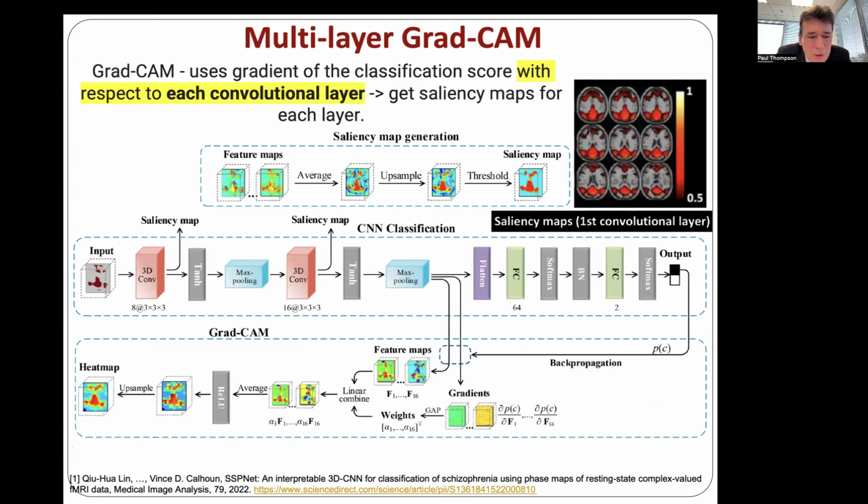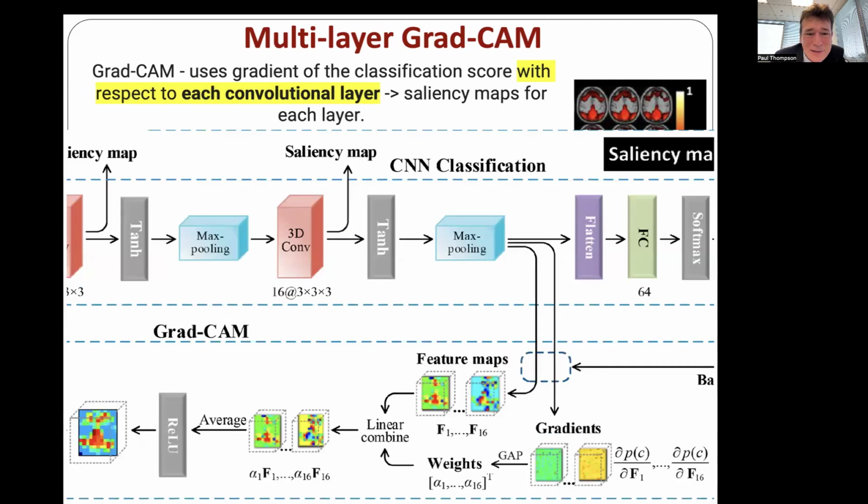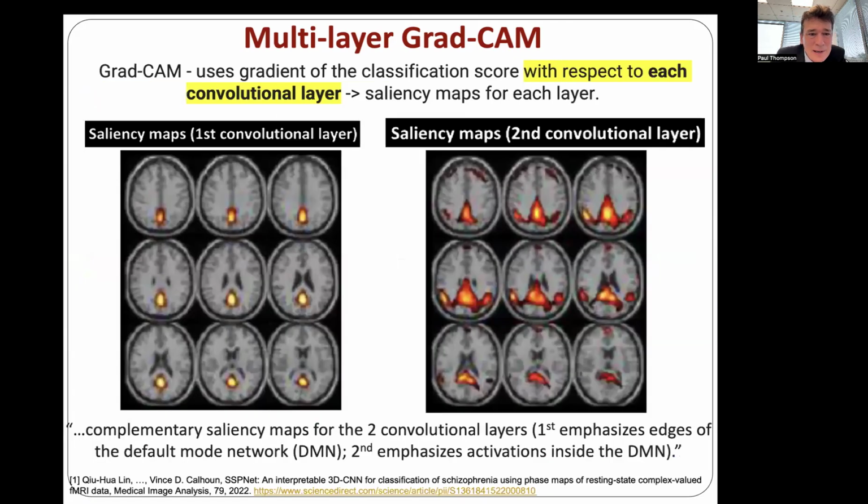Now, this paper by Qiuhua Lin and Vince Calhoun applied this to functional brain mapping data. What they're doing is they train a CNN, in this case to detect schizophrenia in people's functional brain maps. Once the classifier has been trained to good accuracy, they then go and look at the feature maps at different layers. And as you can see here, deeper layers seem to emphasize activations in the default mode network, which is important in schizophrenia, whereas earlier layers find the edges of these networks. And so you could use this as a discovery principle to identify features of the brain that matter for a